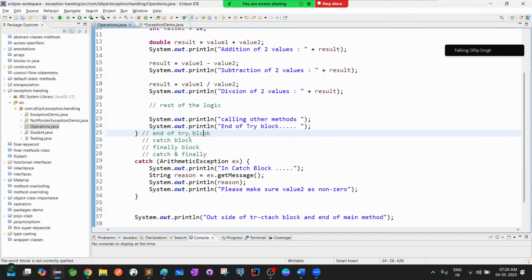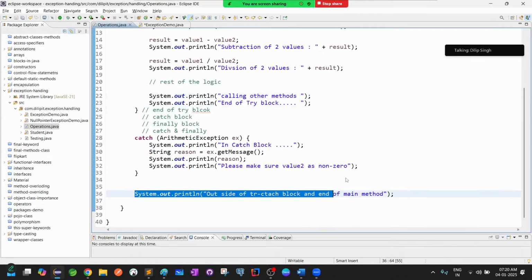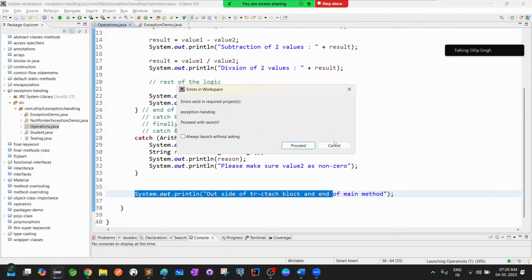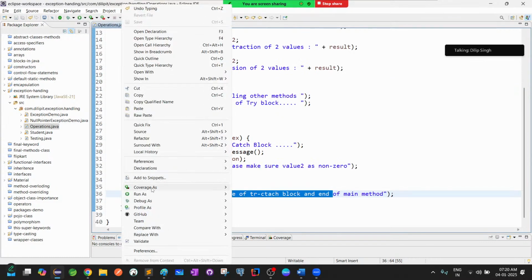Now again, what will happen with respect to these lines is, you will see this line is also printed this time, but nothing from the catch block. What is happening here? Okay, I think it is from the previous one. Okay, so if I execute again here,